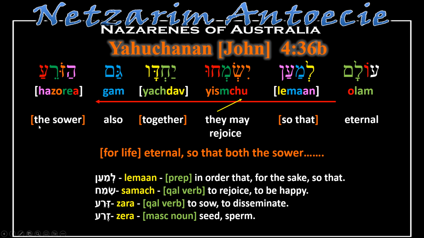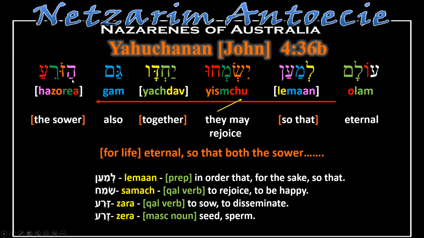Zore'ah, the sower, or literally the one sowing, because it's like in a participle form. And we have the root down here. Zara is a call verb to sow, to disseminate. And then we have zera, which is a masculine noun for seed or sperm. So we can see that words, whether they're verbs, and then nouns, they're all very closely related. That's the advantage of Hebrew, is that when you see it, you just have to determine whether it's a noun